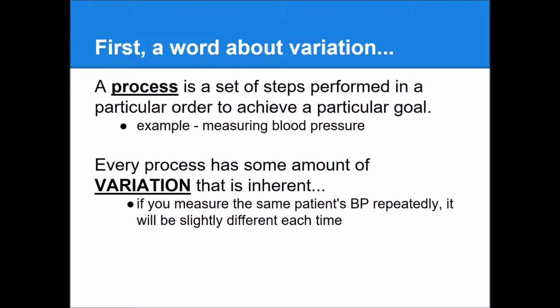If you recall, a process is any set of steps performed in a particular order to achieve a particular goal. As an example, we could think about the process of measuring blood pressure. Now, every process has some amount of inherent variation. For instance, with blood pressure, if you measure the same patient's blood pressure repeatedly, it's going to be a slightly different number every time. In healthcare processes particularly, three of the big sources of normal or expected variation are variation